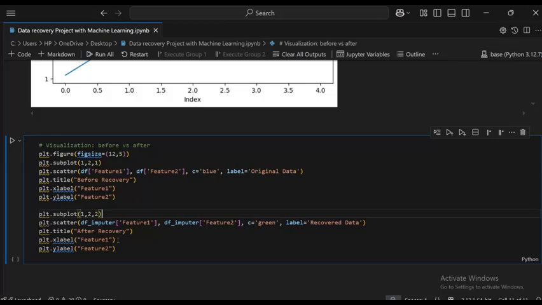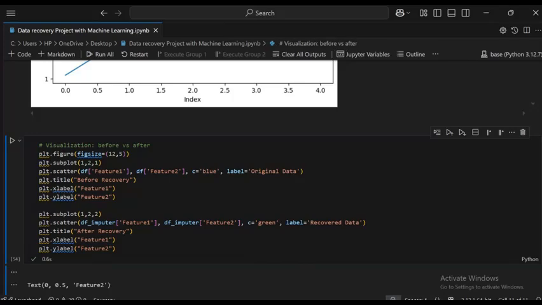Then same with the df dot scatter plot, where I pass the df dot imputer as a variable, because df dot imputer is where I recover the data, so this is the variable name. Then feature 1, then df dot imputer feature 2, color is green, and label equal to recovery data. Plt title after recovery, and plt dot x label is feature 1, and plt dot y label is feature 2.